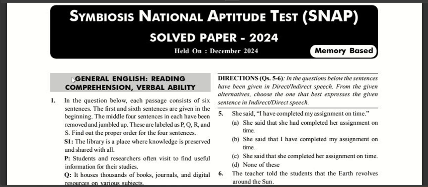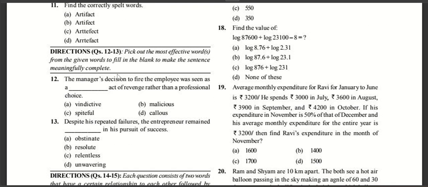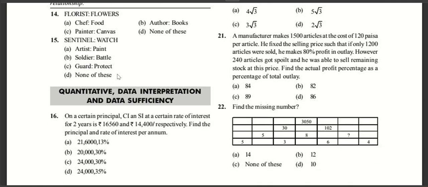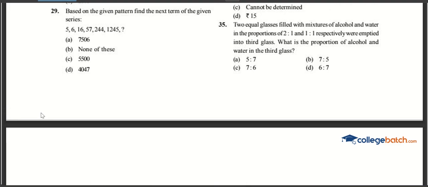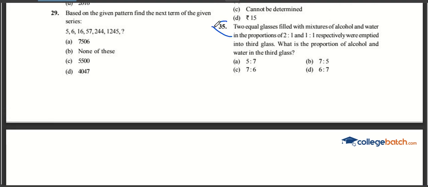Today we are going to solve the Symbiosis National Aptitude Test 2024 paper, which was held in December 2024, by an ex-NIBM and CMAT 2021 topper himself. As you know, we have been discussing all the questions, right from quantitative, data interpretation and data sufficiency, question 16 till the end of the quant section, 35. But I request you to please watch the 35th question lecture, because trust me, if you watch this lecture and apply my methods, you will reduce your time significantly and you will ace the top 5 percentile of SNAP percentilers.